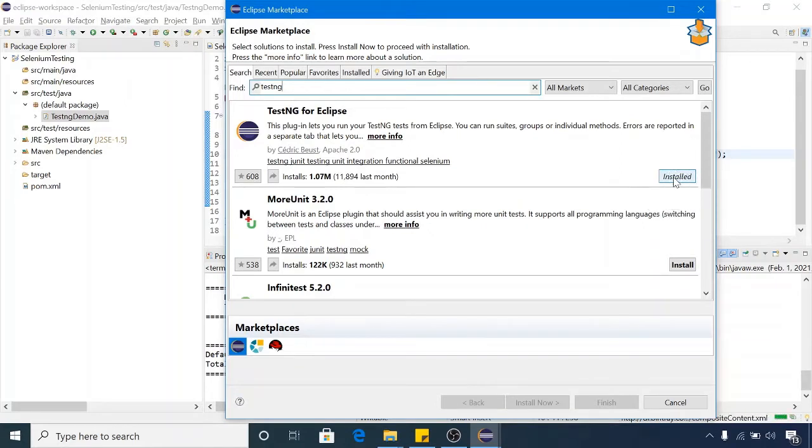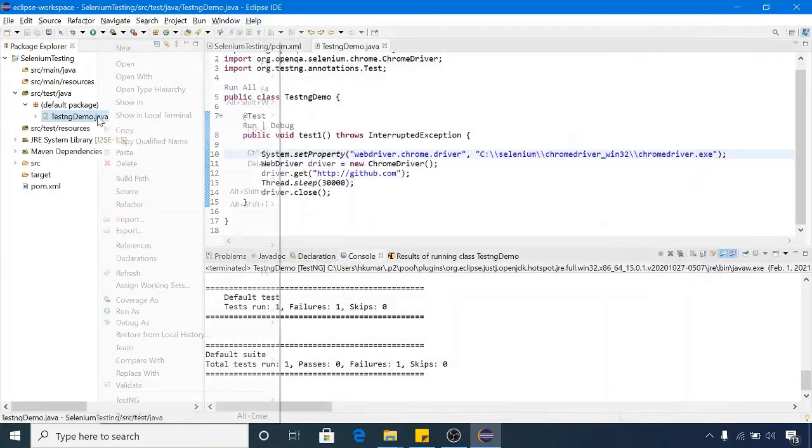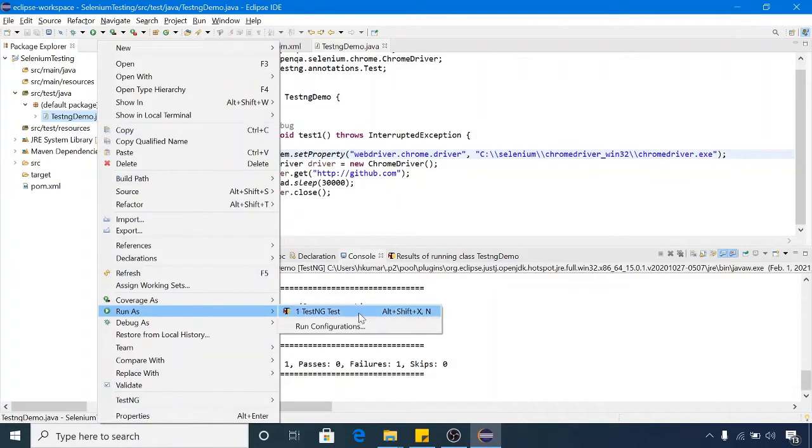If you are not getting that option, open Eclipse Marketplace and search TestNG here. Click on this plugin, and instead of Install you will get the Install button. Click on the Install button and follow the instructions, and after TestNG is installed, you will start getting this option, Run as TestNG. Let me click on this again.